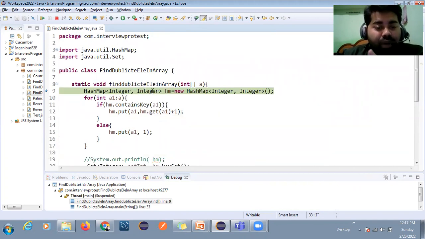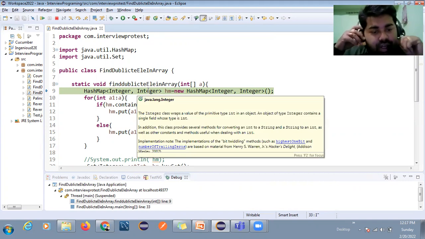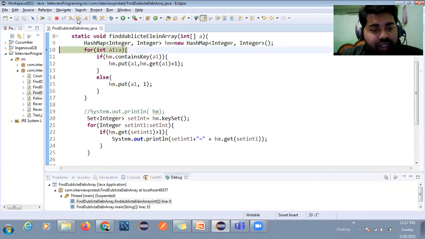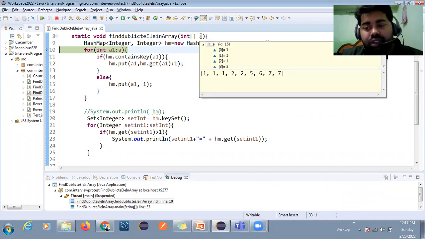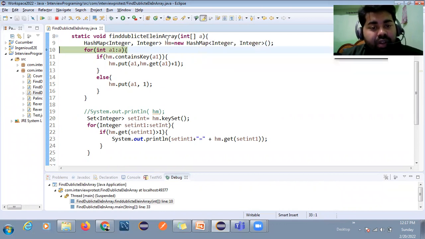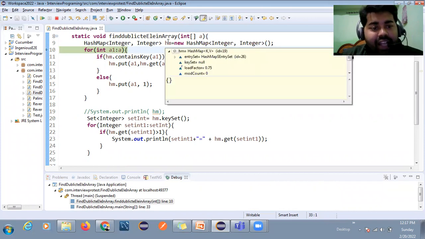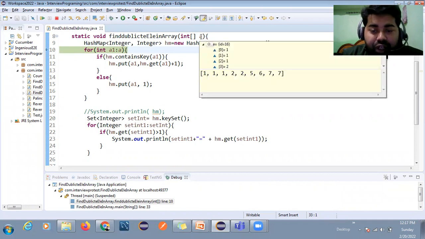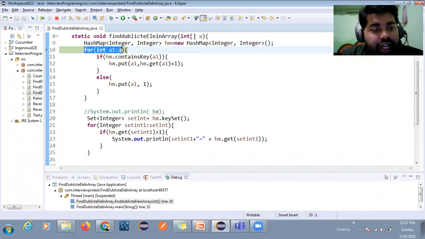Now after that, what will happen, you have to press, one second guys, you have to press F6. You can simply click on step over as you wish. So I'm going to press F6. If you do a step over, you can see what happened. If you mouse over A, you will see the input is coming. Whatever inputs you are giving here, it will come. Now this is your empty hash map.